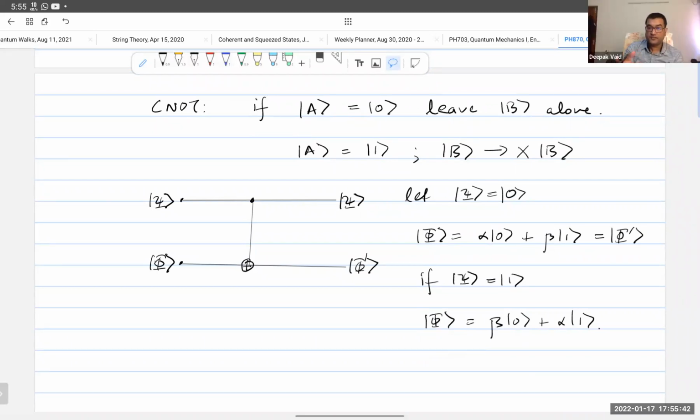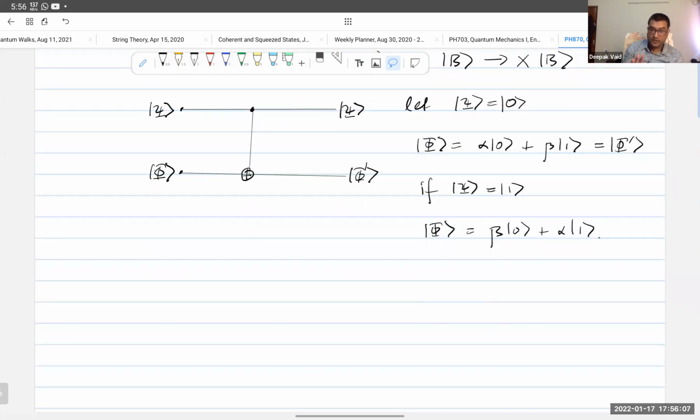Actually, just let me finish my answer. One second. So only if they are in these eigenstates, 0 and 1, in that case, switching the two states, like you said, is not going to change the result of the output. Okay, that's fine. But the thing is that they don't need to be in the 0 and 1 state. They can be in some arbitrary superposition. But more importantly, and this is the important part,